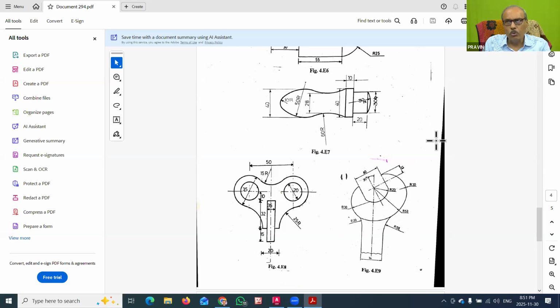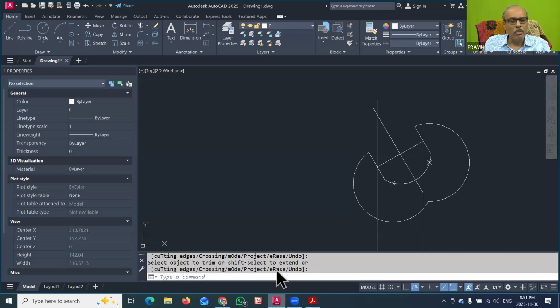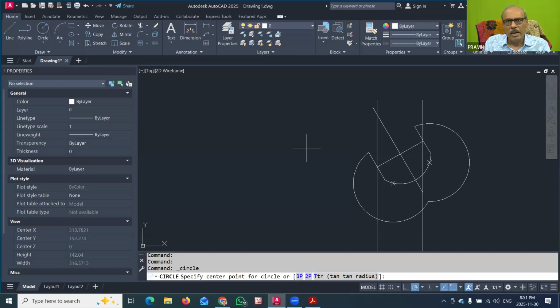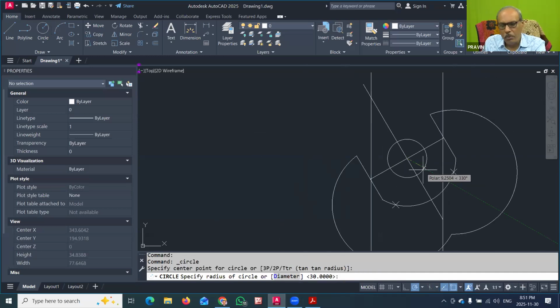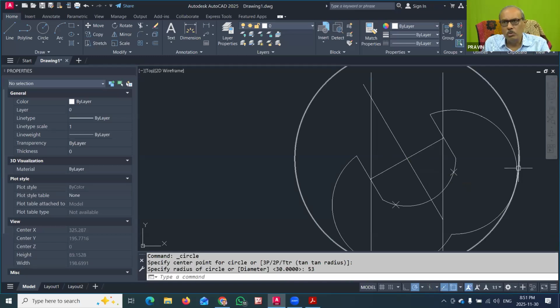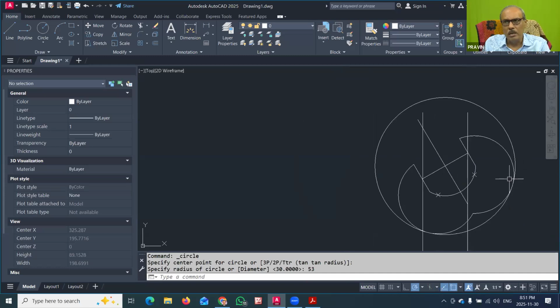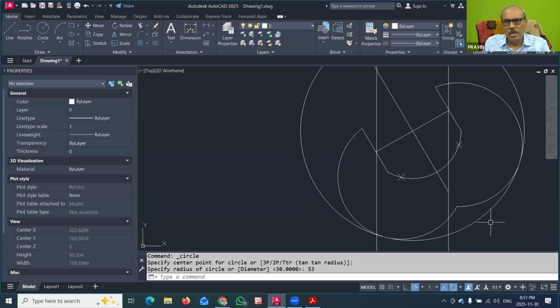So now I have to go to the circle command again, and in AutoCAD we will go for the circle command, and now I will take this point as the center of the circle and give the radius of 53. So that circle will automatically touch the circles which are 30 diameter. So now these are the touching parts.